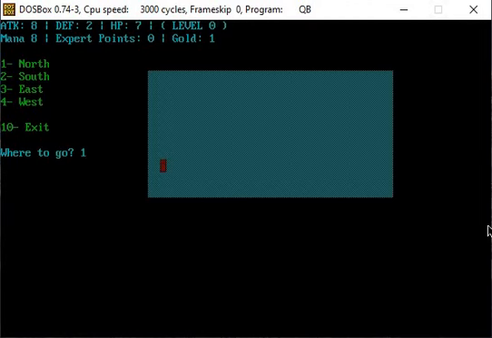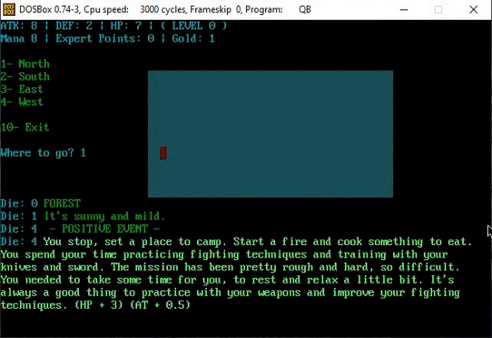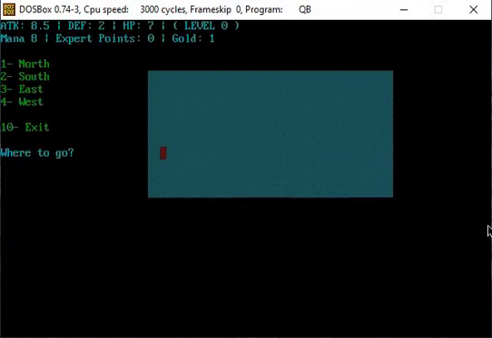so you can move to different sides. Here you have a positive event. It will show you, it will describe the story. As you can see now,